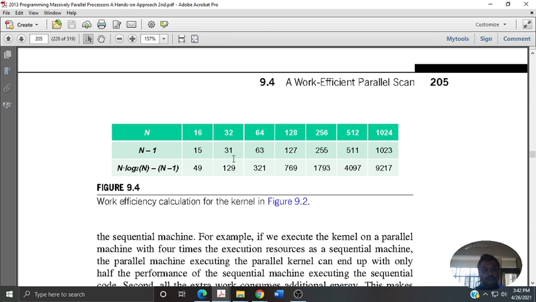Whenever you increase to 32, approximately it is 4 times. So whenever you look into the scaling factors, for the sequential approach with 1024 elements it is approximately n minus 1, 1023, but the parallel approach is increasing approximately 9 times. So there is a large inefficiency that shows up as you work with this algorithm and scale up to a large number of elements.